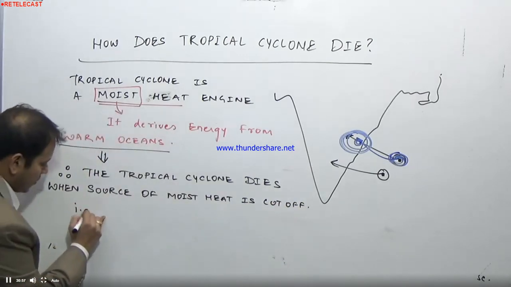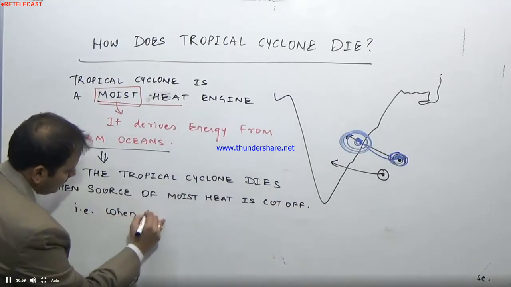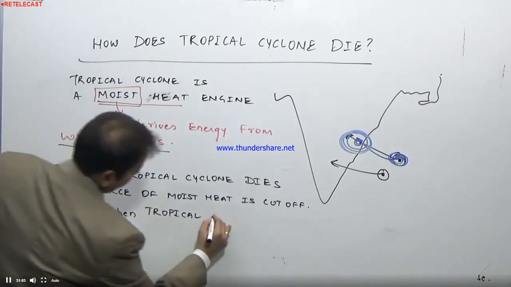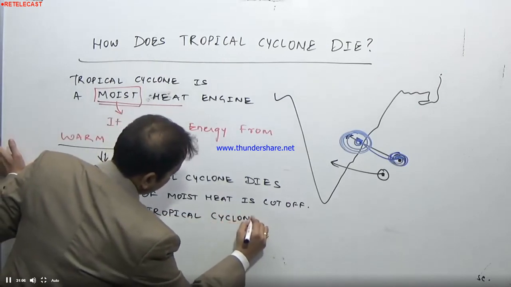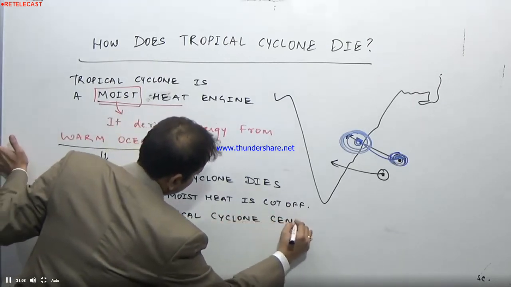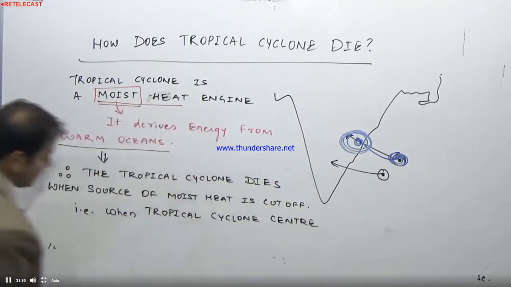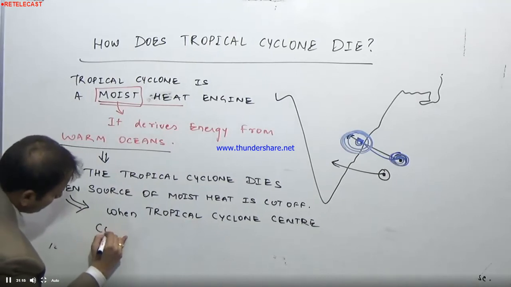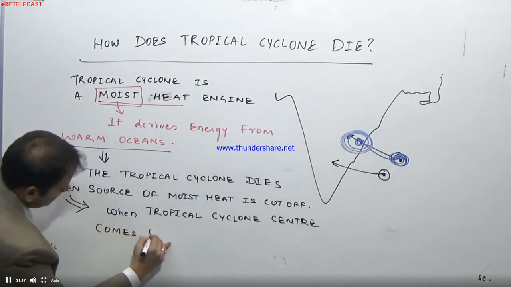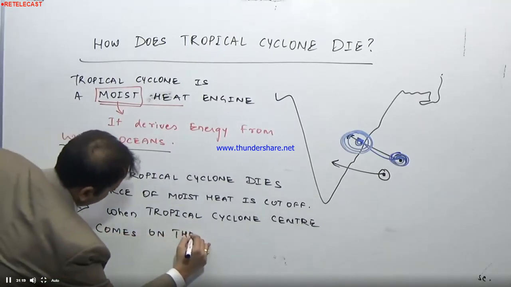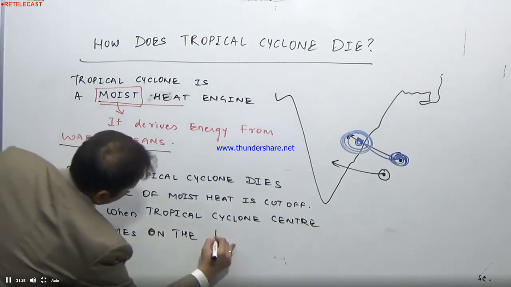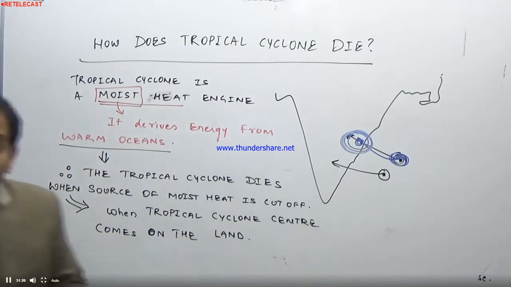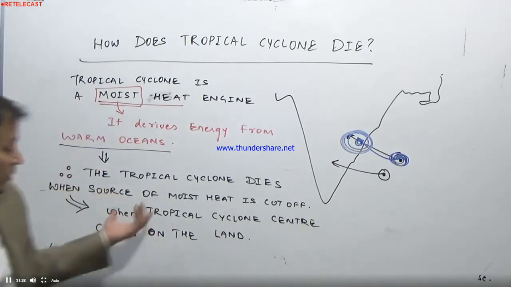That is when the tropical cyclone center comes on the land. When the tropical cyclone center comes on the land, then obviously the source of moist heat is cut off, and therefore